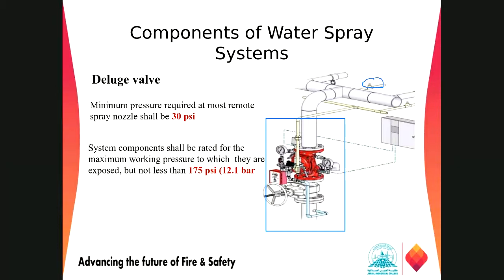So these nozzles are called water spray nozzles, right? And it should be activated by this control panel. Once there's a fire, it will receive some signal, and then it will just activate this valve. The working principle is the same as what we discussed for the deluge valve in the sprinkler system, but the principle is somewhat different. We don't want complete extinguishment, but we need exposure protection, and in some cases extinguishment also.